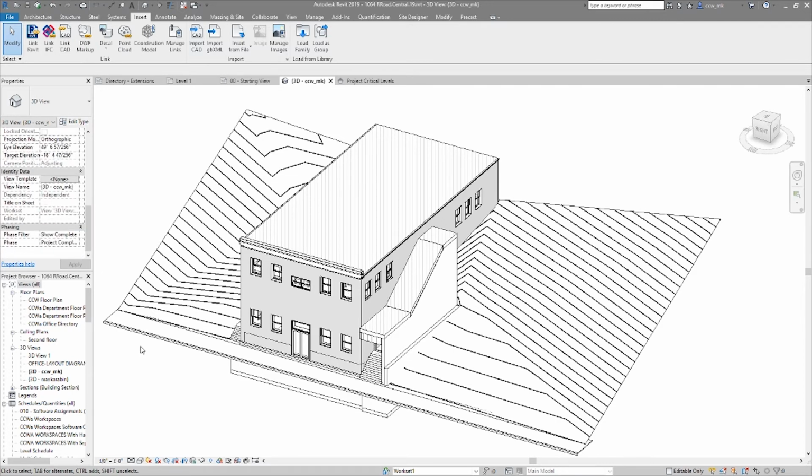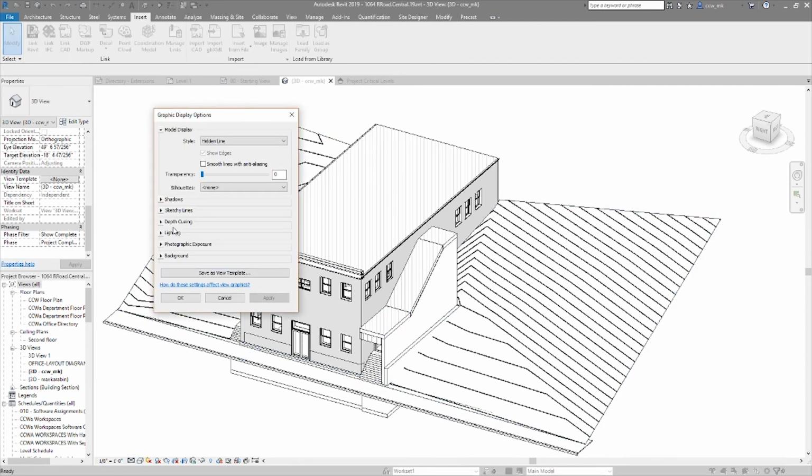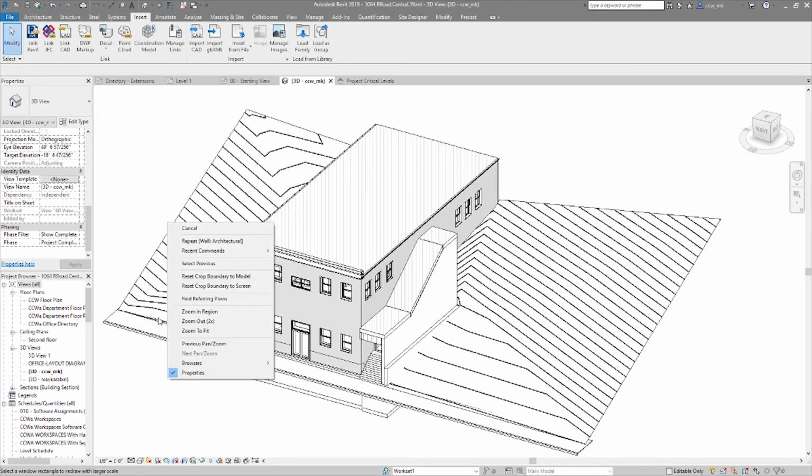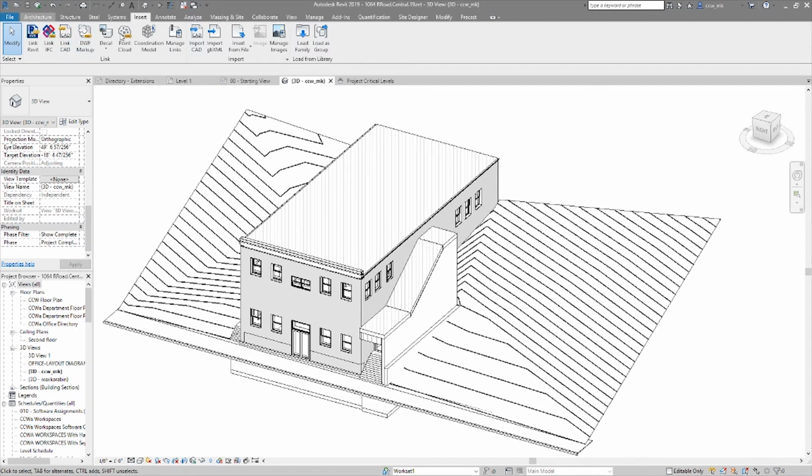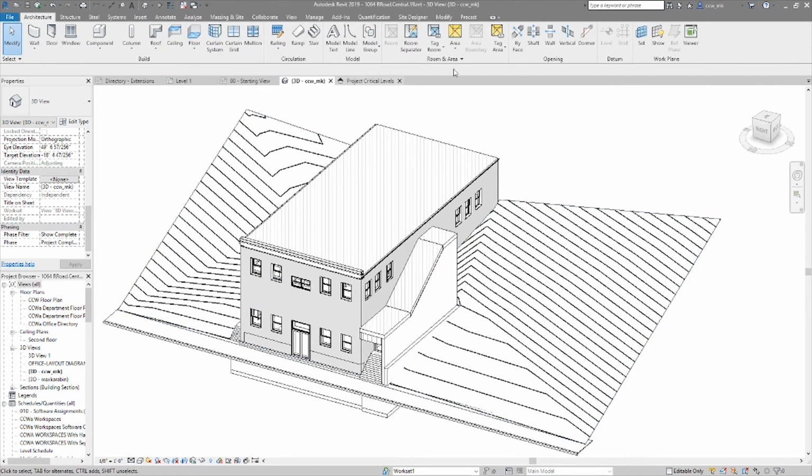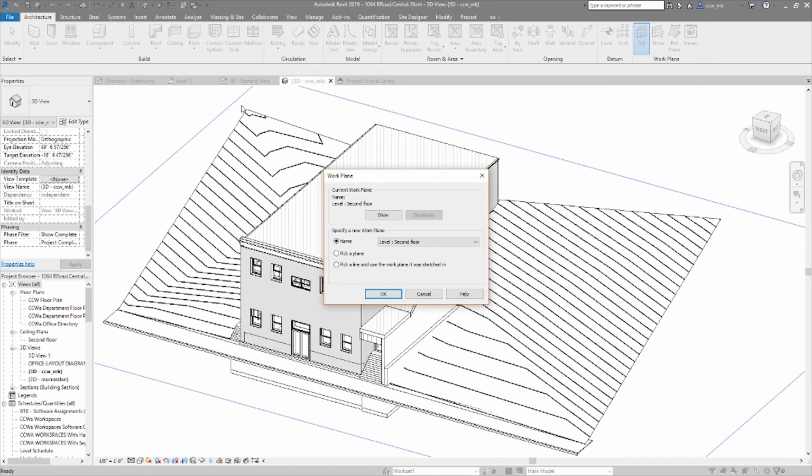19 has this neat feature which allows you to view... I don't remember where the thing is. Where is it? So in the case Rita's talking about, we cannot remove the second floor because of what